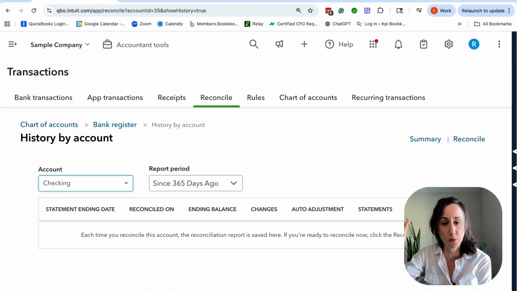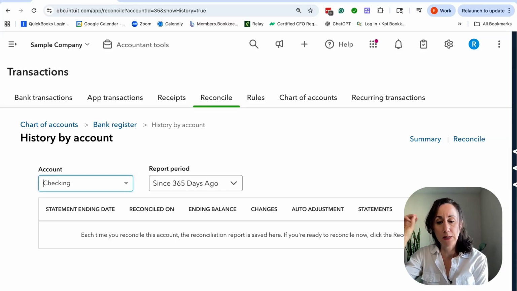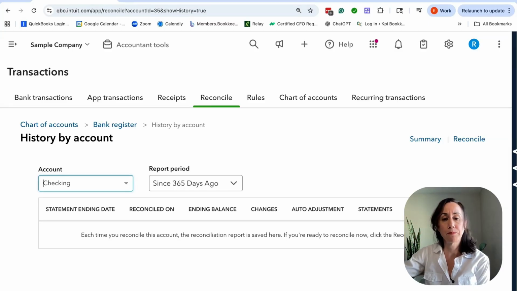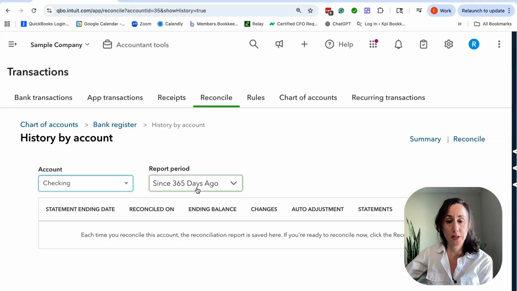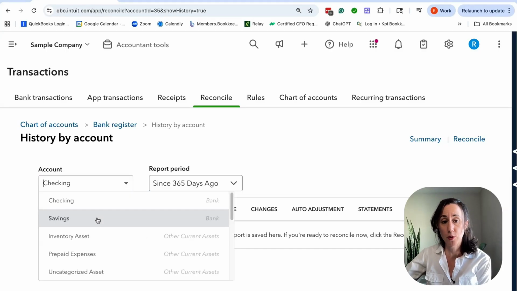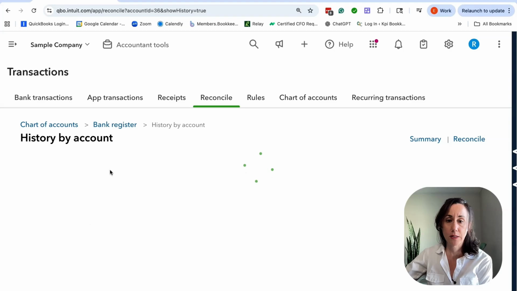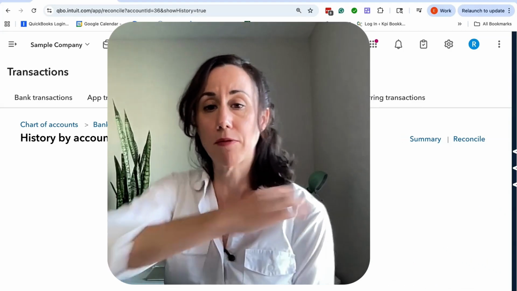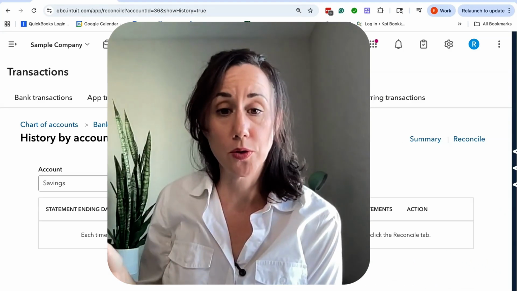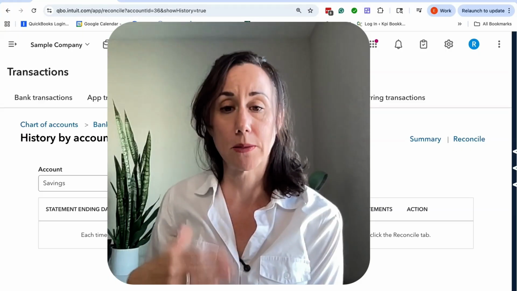It'll tell you how much it was off. It might tell you some unreconciled items. That is just a great little snapshot to help you see what's going on. I would suggest if you have 10 minutes a month, just pop in here and see what's going on. Just the fact that your staff or your bookkeeper knows that you're going in here, there'll be some accountability